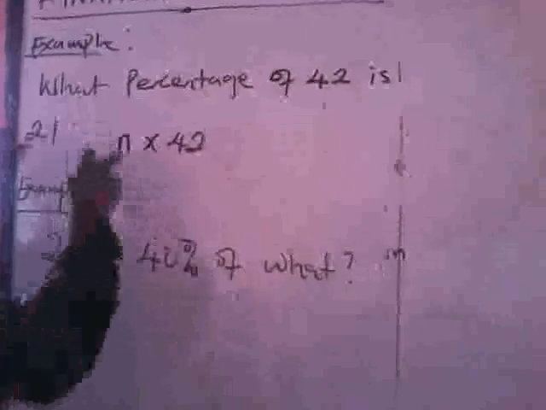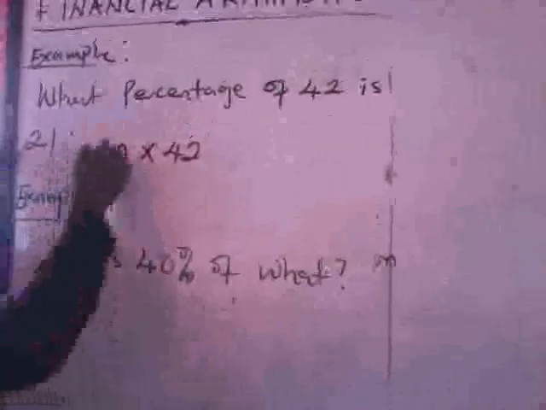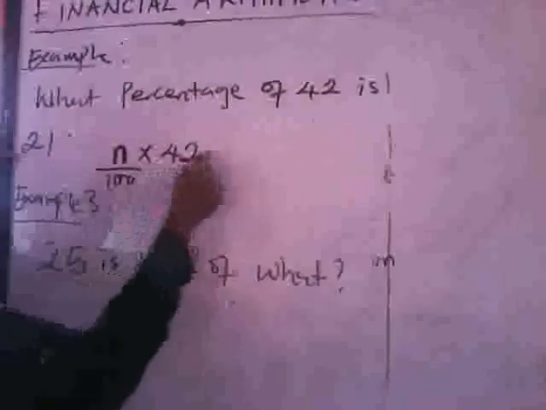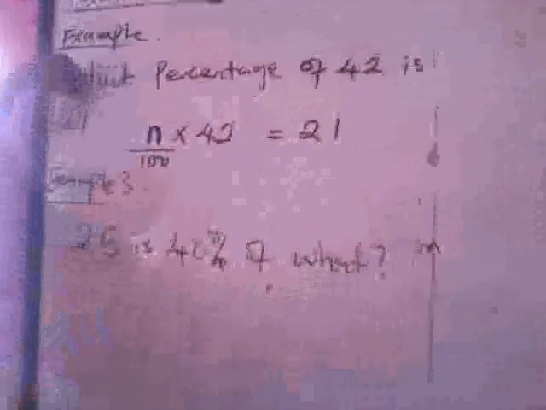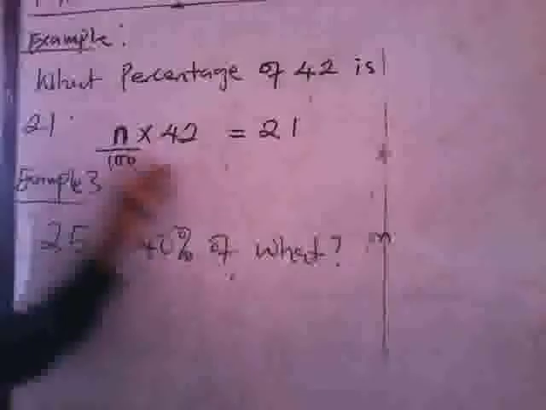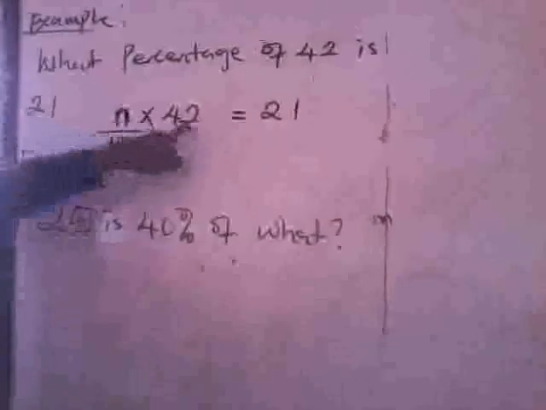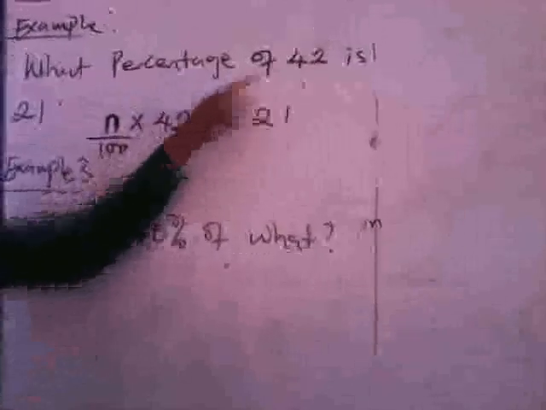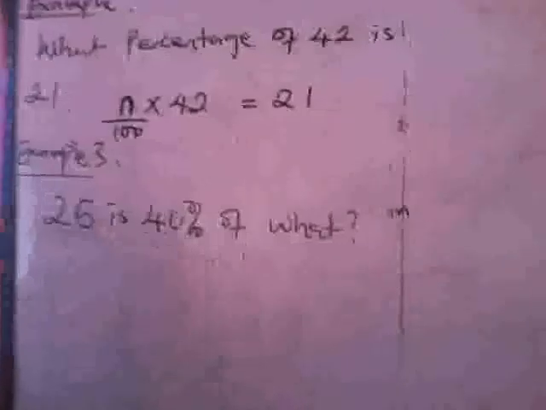What percentage? Remember, we said that percentage is over 100. So that number that we are looking for, all over 100 times 42 is equal to 21. That is how to translate this sentence into mathematics: n over 100 times 42 is equal to 21. Times here is for "of". So from here, if we are to work this thing out,